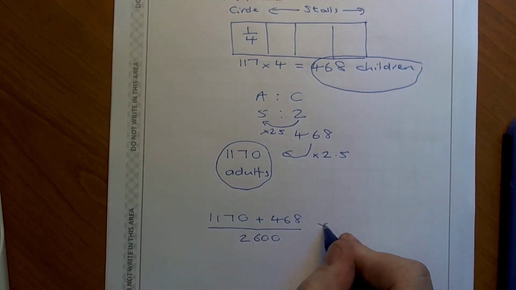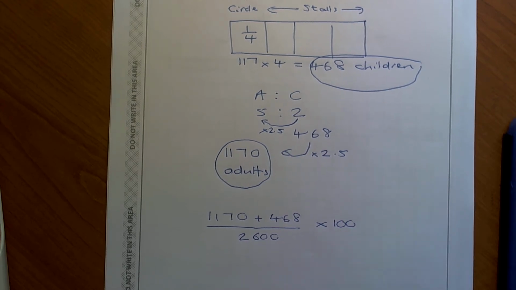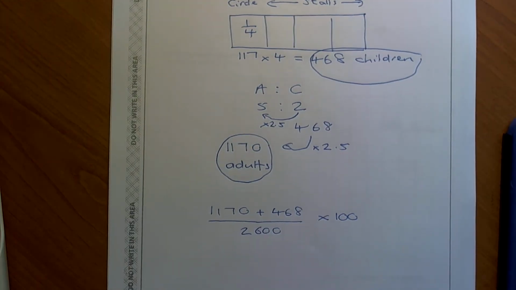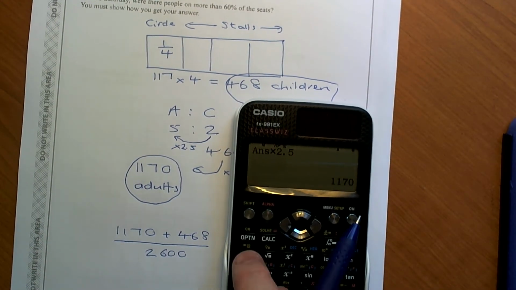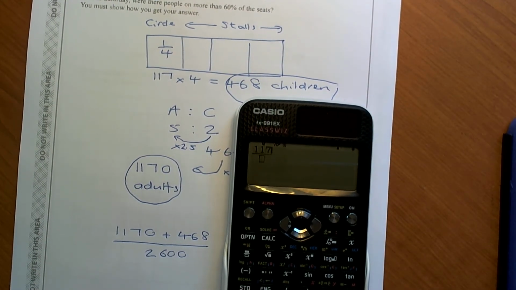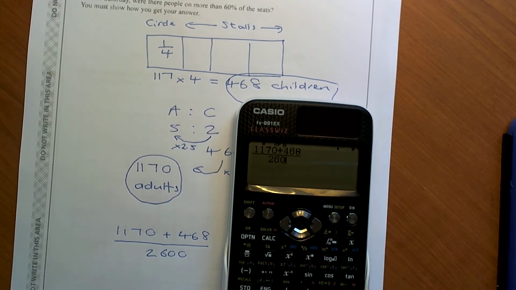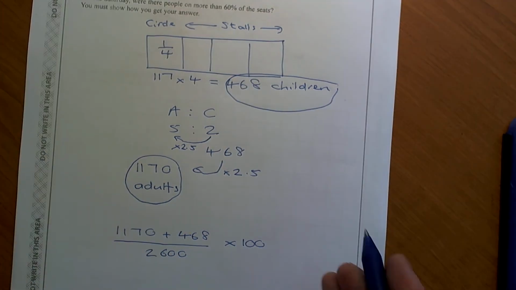And then if we times that by 100, that will give us the percentage of the theatre that's filled. If we type that all in one go on the calculator, we get 1170 plus 468 over 2,600, arrow to the right, times 100 equals, and it comes to